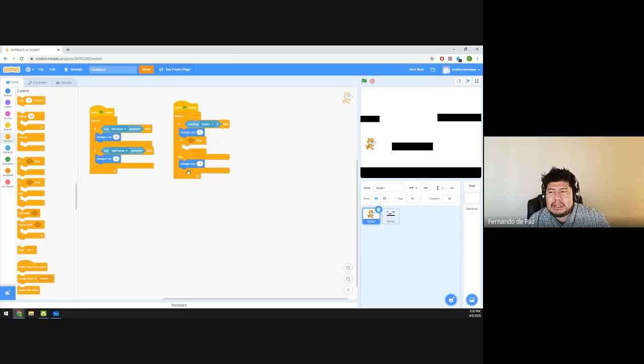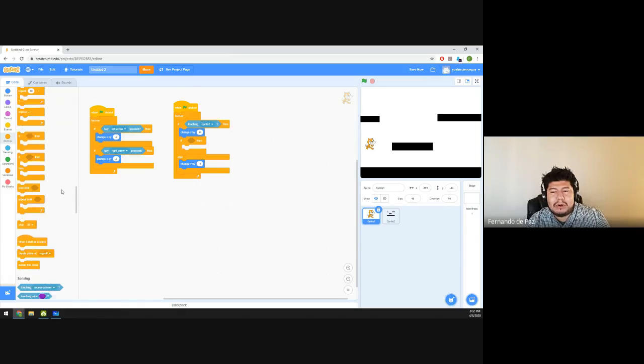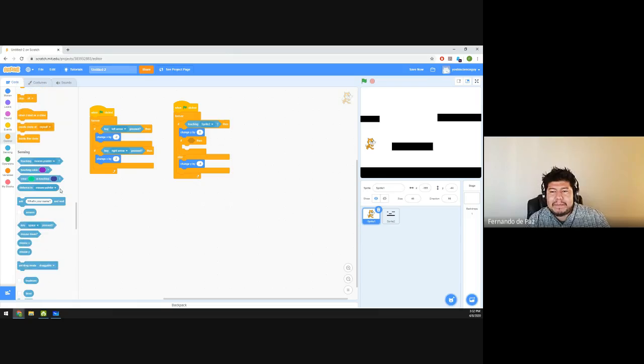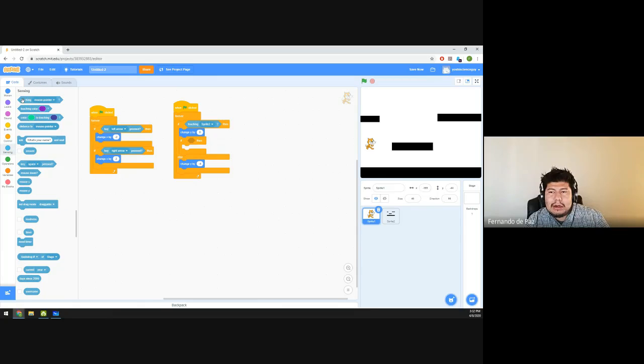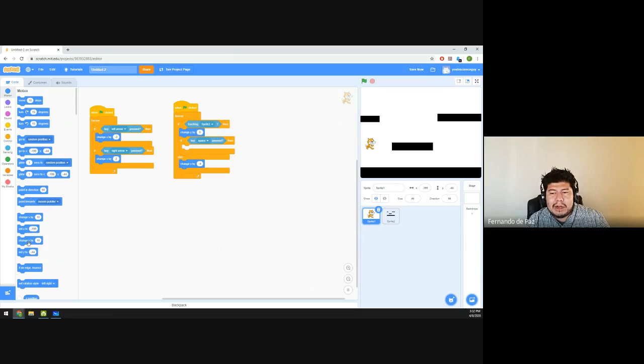And then here I'm going to check for something else. I'm going to check, did I press the spacebar button or your up button, whatever button you want. So I'm going to go to Sensing, and click on key pressed. I'm just going to leave it as spacebar. So it says if the spacebar is pressed, then I want to do something. I want to change my y by a bigger number. So click here on Motion, and we're going to change y by, I'm just going to leave the default, 10. So now if I press play,